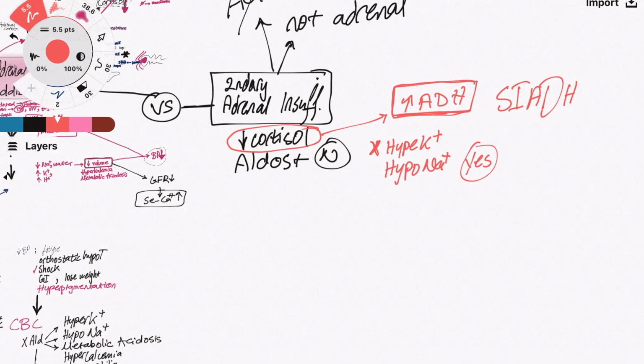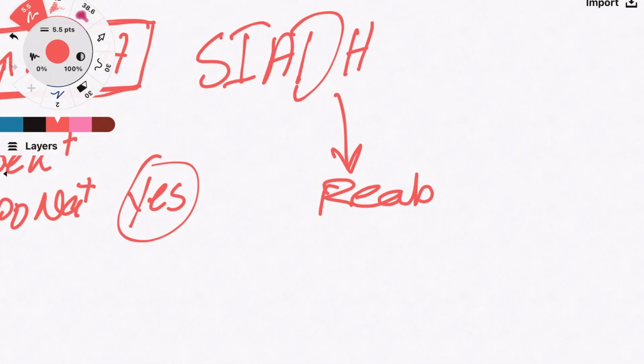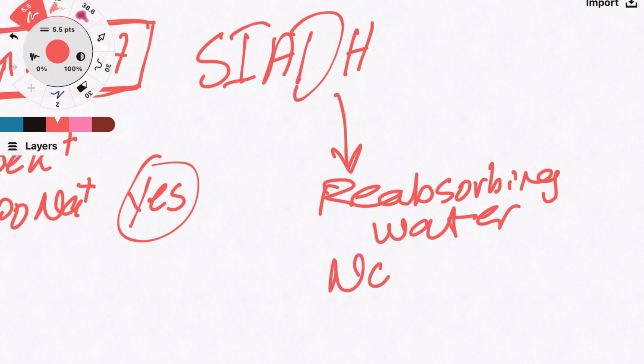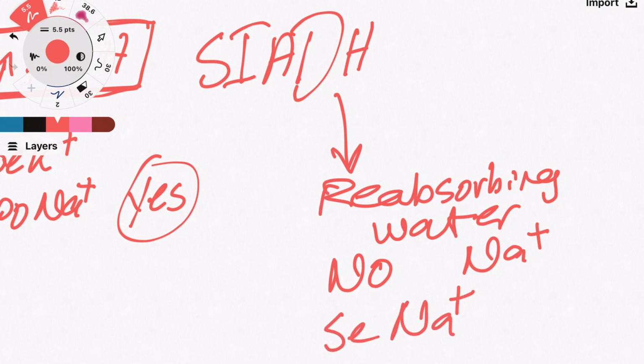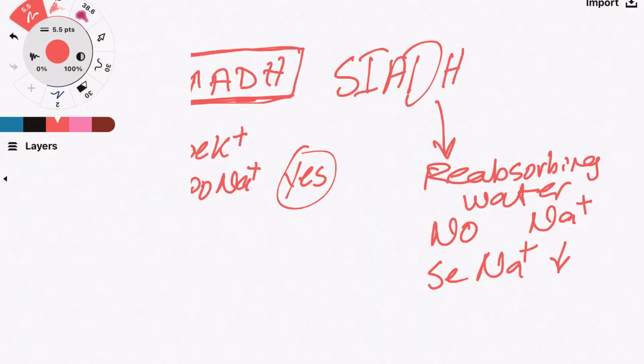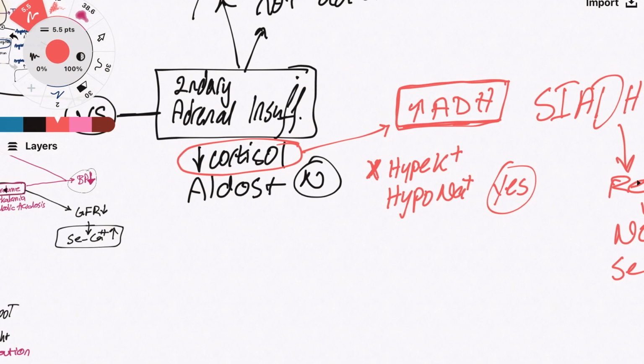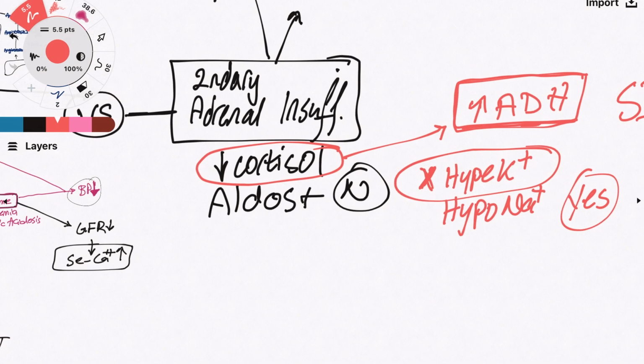That's what happens. So because we are reabsorbing, what happens here? We are reabsorbing lots of water, right? But no sodium. What do you expect to happen to the sodium level in the serum? Sodium level is gonna drop, right? Okay, but don't get so confused. If you focused on the potassium and found no hyperkalemia, this is very suggestive that it is actually only secondary